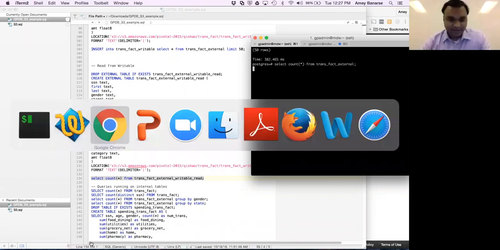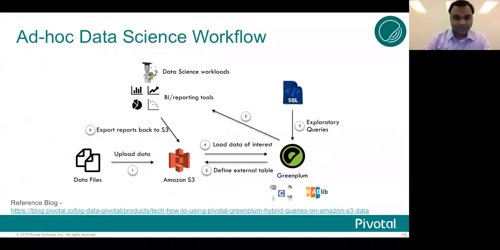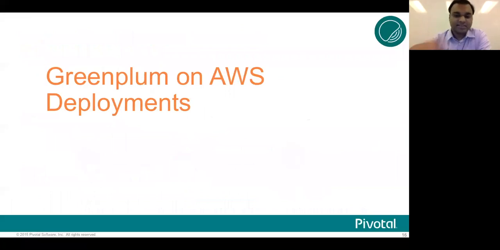Sure. So in terms of best practices, this is for the S3 external table. But to get to this point, actually, let me go ahead and show you what the best practices should be for just deploying Greenplum on Amazon. And I did create some appendix slides for this. So